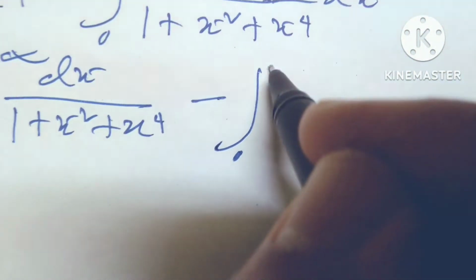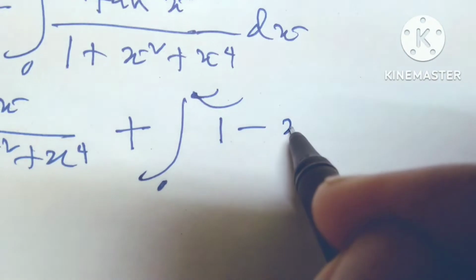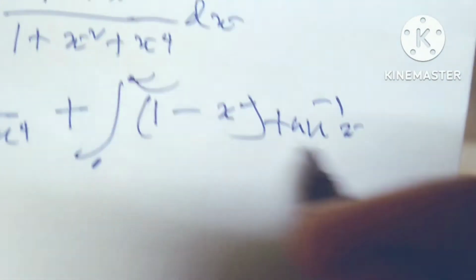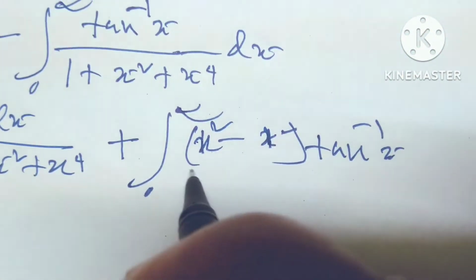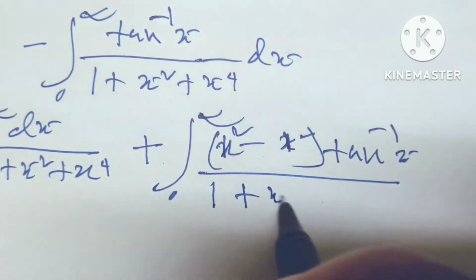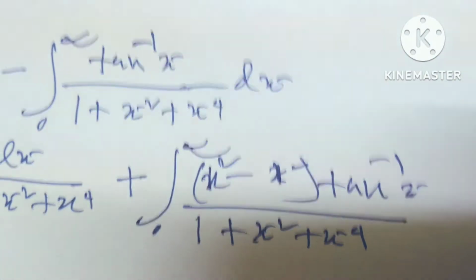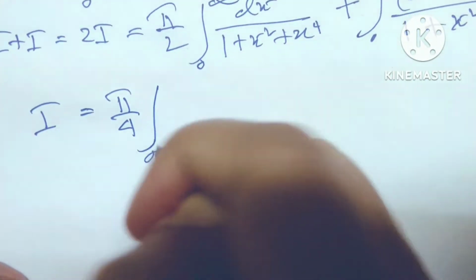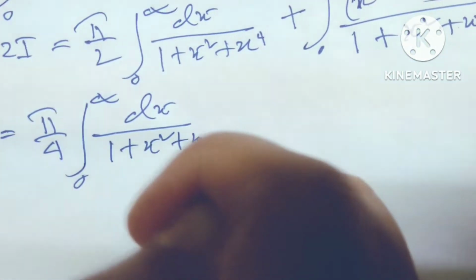minus integral 0 to infinity, minus plus 1, minus x square tan inverse x, it is x square minus 1 tan inverse x divided by 1 plus x square plus x to the power 4, because this is x square, this portion, so x square minus 1. So I equals to pi by 4 integration 0 to infinity dx over 1 plus x square plus x to the power 4